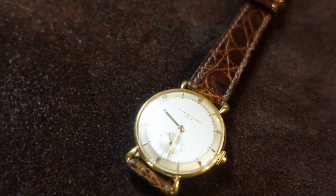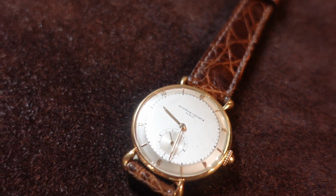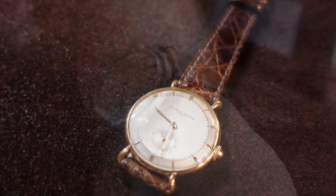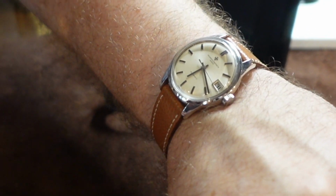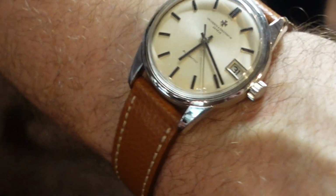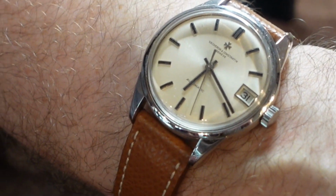My favourite piece was this simple Vacheron Constantin from the 1950s. It was so fresh, with a beautiful condition on the case and light patina on the dial, just a simple breath of patina across the face. Hands and dial complications look immaculate on this, on a new leather strap, and absolutely ready to go,